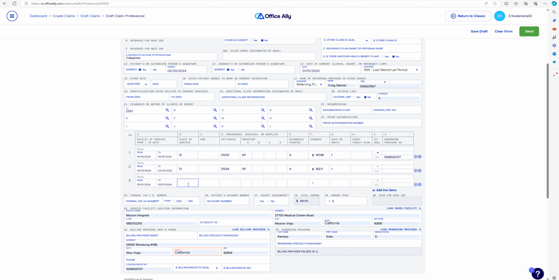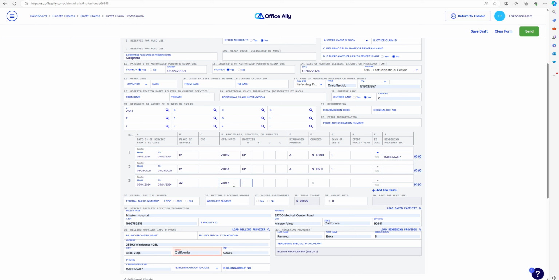This is a virtual visit, for whatever reason that she wanted to have you on the phone virtually. We're going to type in 02 because this is telehealth, quote unquote, telehealth anywhere that's not her home. And we're going to do the same CPT code,